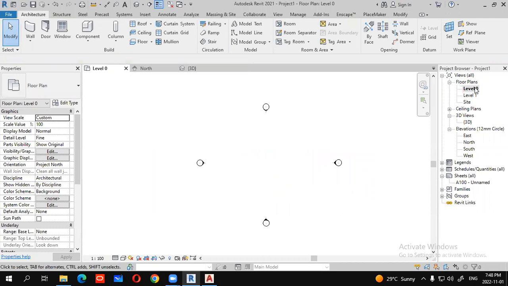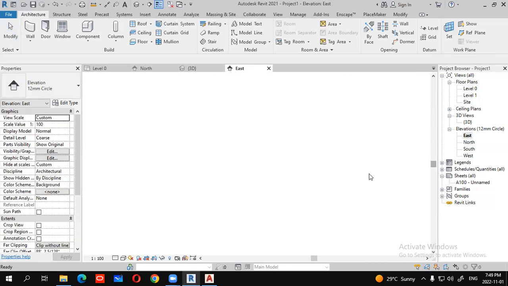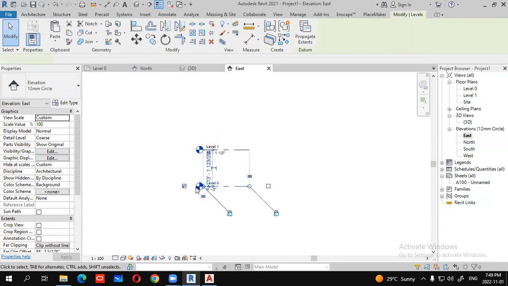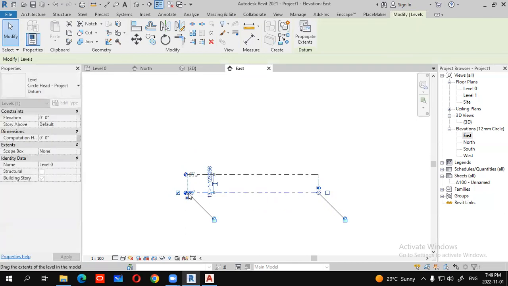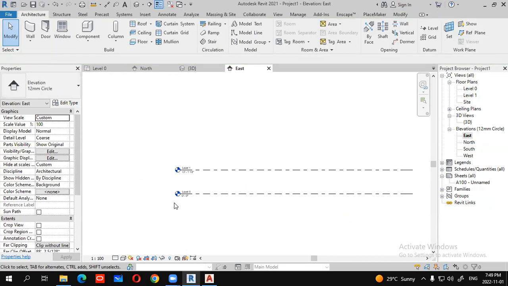So normally I'm in a floor plan. यहाँ पे architecture tab में आपको level command आता है. I'll come over here, but you can see it's not getting selected. तो select नहीं हो रहा. Okay, so you need to go to any elevation view. Elevation view में ही आना. Like I'll come to east view there. So ऐसा levels दिखा रहा है यहाँ पे. Okay, so इसको थोड़ा बड़ा कर लेंगे, छोटे levels. थोड़ा ऐसा stretch कर लेंगे. We'll stretch them. Something in that. Okay, so now